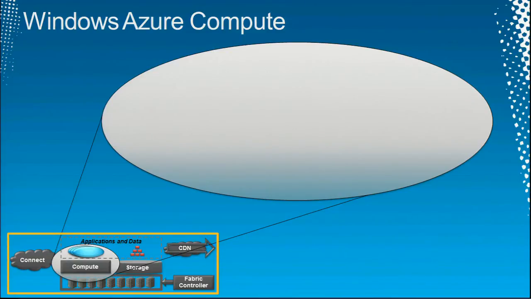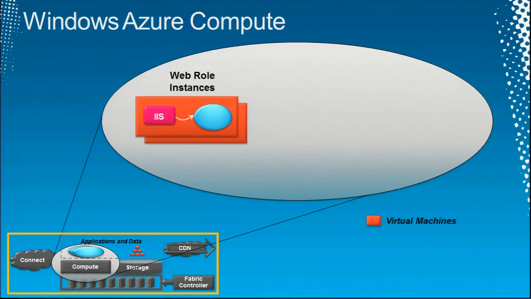Here's how this works. In Windows Azure, you have these things called roles. There is, for example, a web role. A web role is a pre-configured setup that includes IIS, Microsoft's web server, and is designed to run web applications, hence the name web role. There's also something called worker roles. Worker roles are just pretty much Windows. There's no pre-configured IIS. Those two roles are by far the most commonly used today.